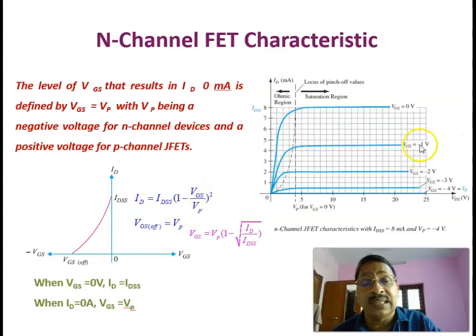Based on this equation, you can calculate the corresponding current for which it is getting saturated, corresponding to VGS equal to minus 1 volt. Like that, you can calculate corresponding to minus 2 volt, minus 3 volt, and minus 4 volt. In this case, if VP equal to 4 volt, you will be getting 0 current. Therefore, if you note the locus of these points, corresponding VDS 4 volt, 3 volt, 2 volt, 1 volt, like that.